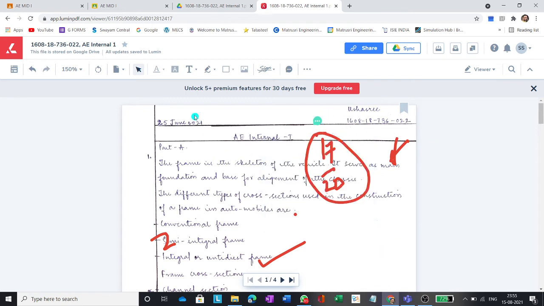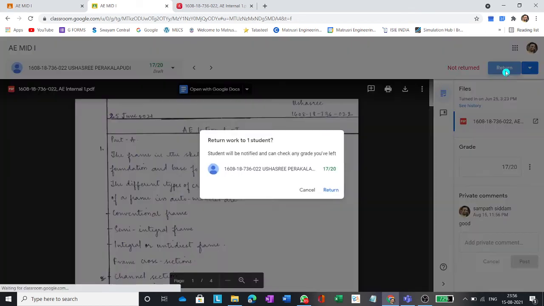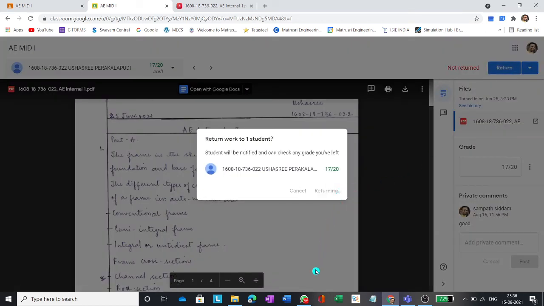The very important step after evaluation is that we have to sync. Select sync to Google Drive here. Once you select sync to Google Drive, whatever evaluation you have done will automatically be saved, or else it will not be saved. Okay, so select the sync, it will be syncing now. Once it is done, now I've added 17 marks. So I will go to that paper and add 17 marks to this, and you can have some private comments also here itself. You can post this, and now 17 marks has been added, so I can return the paper. Now I've returned the paper.